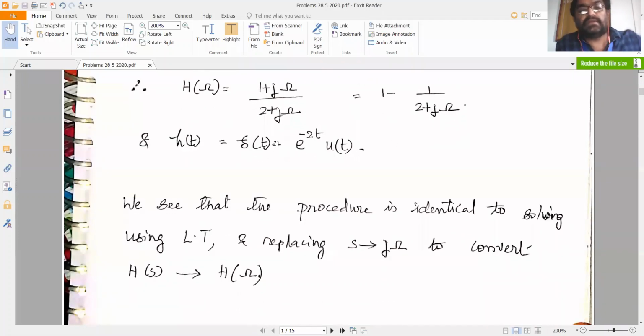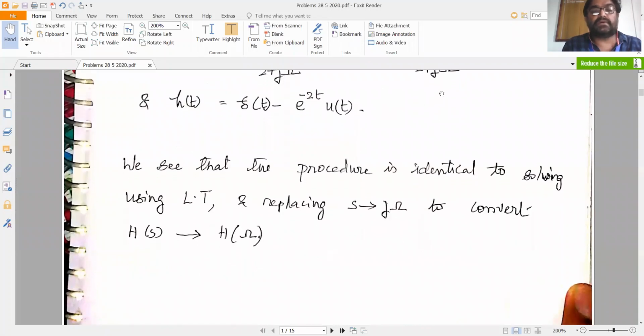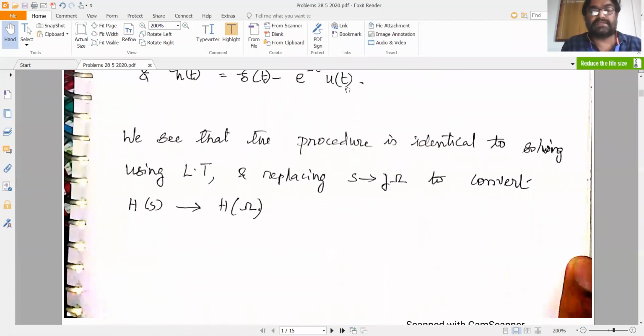And the inverse Fourier transform of 1 would be delta t, and the inverse Fourier transform of 1 by 2 plus j omega is equal to e raised to minus 2t into u of t. So the impulse response is therefore delta t minus e raised to minus 2t into u of t. Is that clear? So now we see that this procedure is identical to